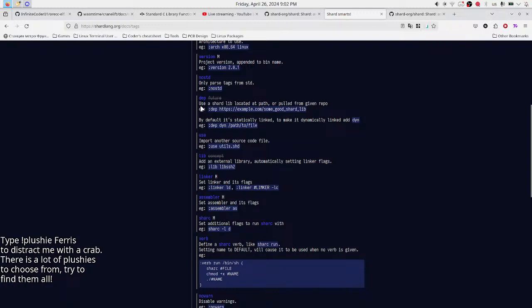Don't really understand this. Use a shared lib located at path or pulled from a given repo. Use a shared library? Oh, shard library. Wow. Yeah. A shared library located at path or pulled from a GitHub repo.